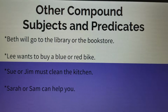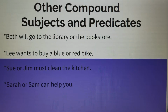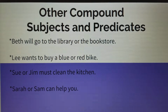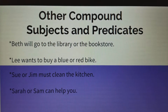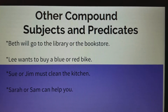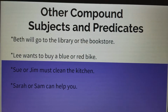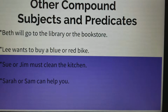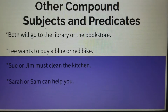Last one, Sarah or Sam can help you. Cover up the fanboy and see your sentences. Sarah would be your first sentence, and that's incomplete. Sam can help you. That's a complete sentence. See if they're both doing the same thing. Sarah can help you. Sam can help you. Because you could have made that into 2 sentences and they're both doing the same thing, then it's acceptable to